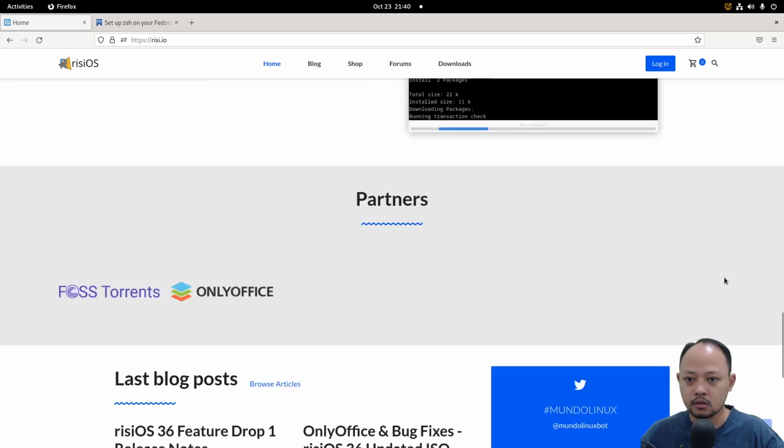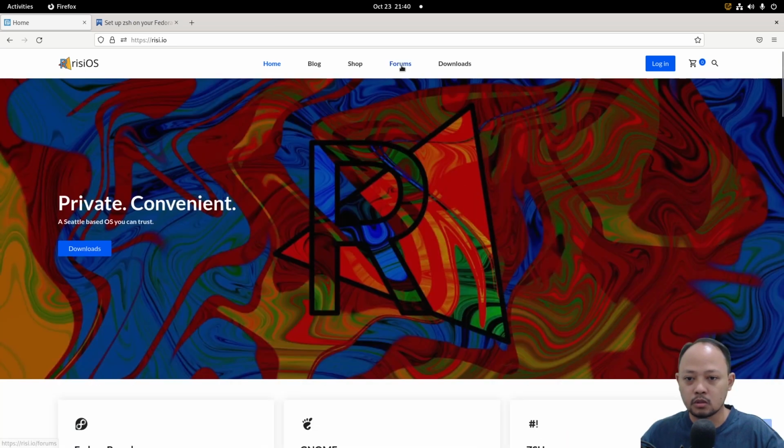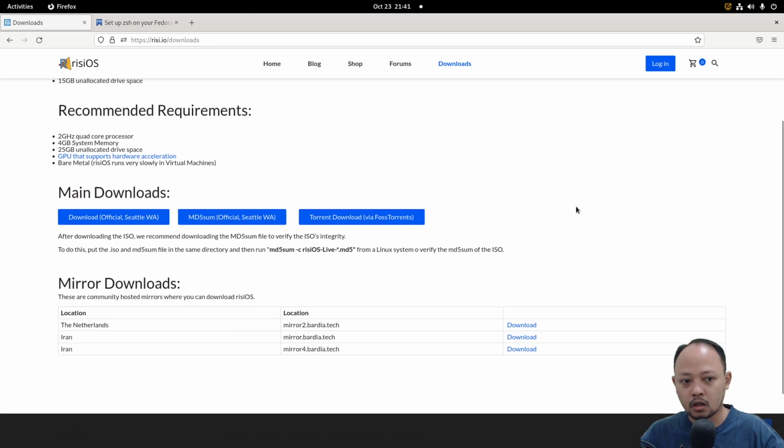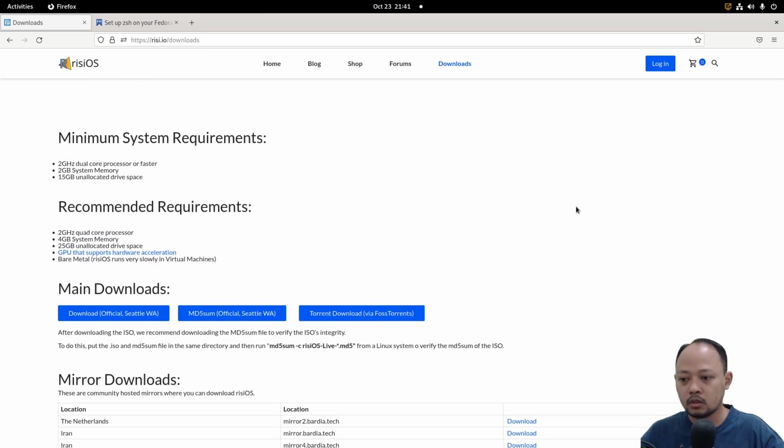And then I will go to the download page. As we can see on this page, I think RisiOS only has one version. It's different from Ultramarine or Nobara that have many versions.